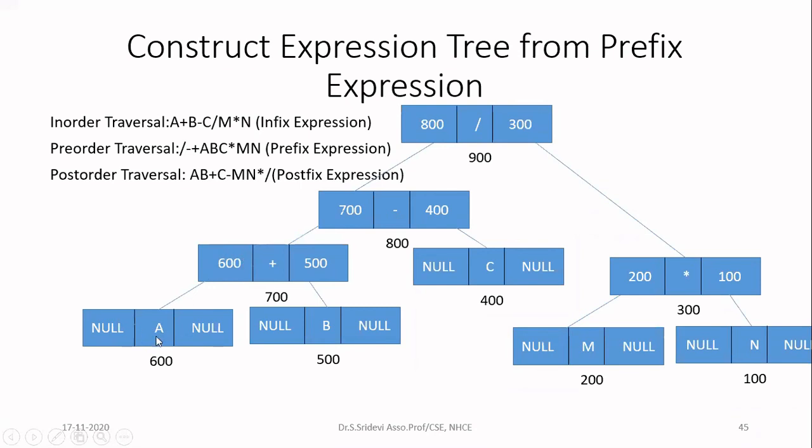Now I have the node as A. It is nothing but an operand. So here you can see we have the address as null. That means we are not going to proceed further since we reached the leaf node. So first we are going to print A in the output. So A is printed. So the left subtree is processed. Now go to the root node. So print plus. After that, go to the right child, print B. Now we have printed all these three. So one subtree is over.